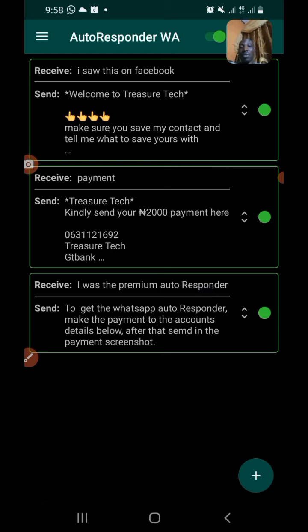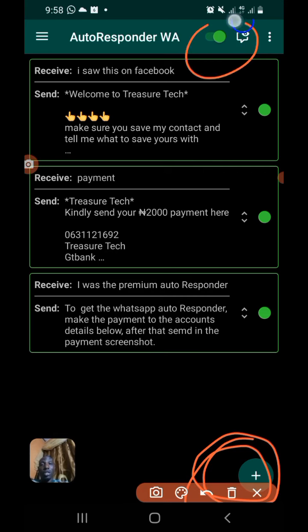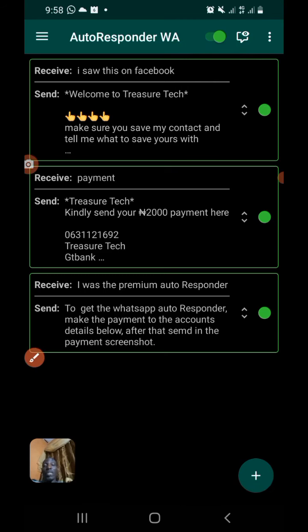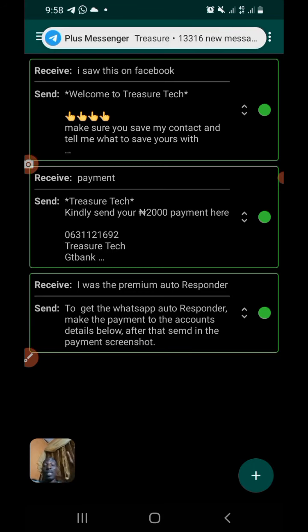So anyone that types, can you see? I make sure that the button here is checked. Can you see? Make sure the button here is checked. Then once you download the app, it will ask you to actually follow the procedures. It will ask you to go to the settings to